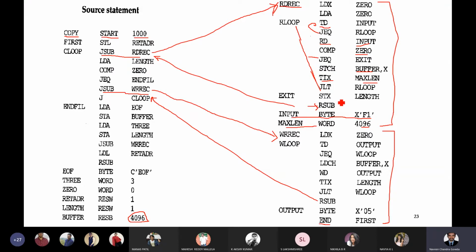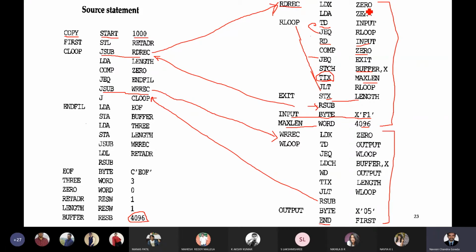Because every time you keep on incrementing the X, when you are done with the reading process, the current value of X says how many characters you read, because initially X is initialized with 0.